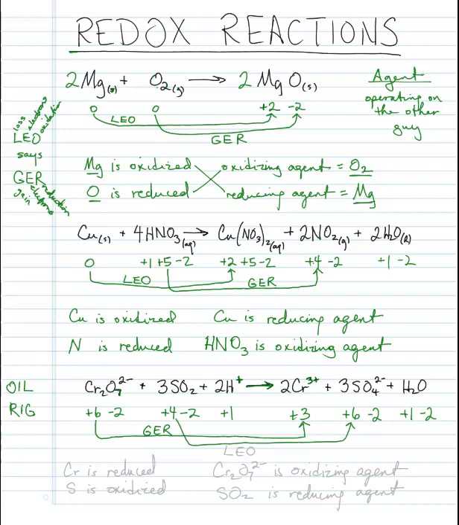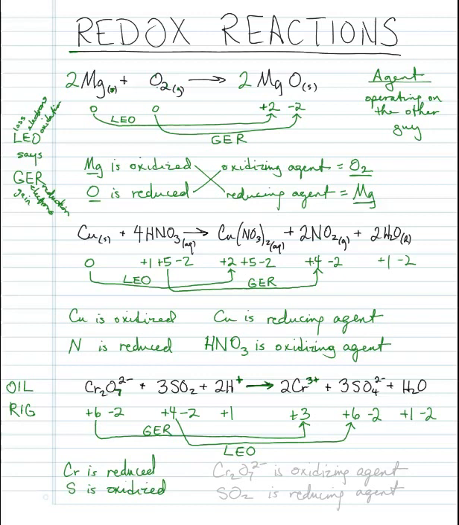Notice we have 2 chromiums, each gaining 3 electrons. So if the sulfurs are going to lose 2, then we better have 3 of them doing it so that we have a transfer of 6 electrons. 6 gained, 6 lost. It doesn't have to be the same number for each atom, but overall in the entire equation it has to be the same. Okay, so that sulfur is losing electrons. That's Leo. So we can say chromium is reduced, sulfur is oxidized,